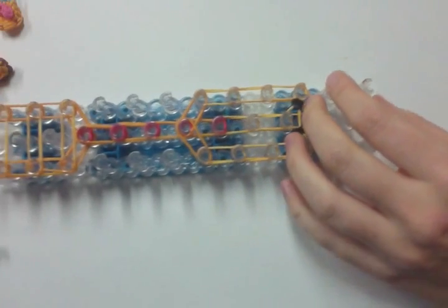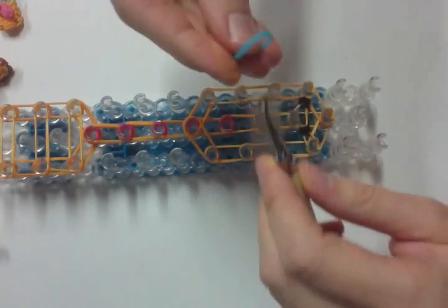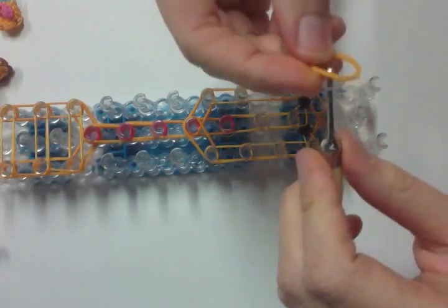Alright, now we're going to make our eyes, so you're going to grab your eye color. I'm going to do yellow. So you're going to actually, just kidding, I'm going to do blue eyes, I think. Alright, so you're going to grab your eye color and you're going to wrap it. No, just kidding. You're going to take your body color first. We got to make the eyebrows. Wrap it around